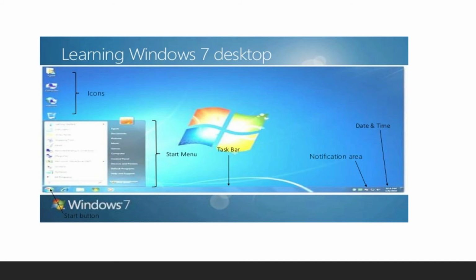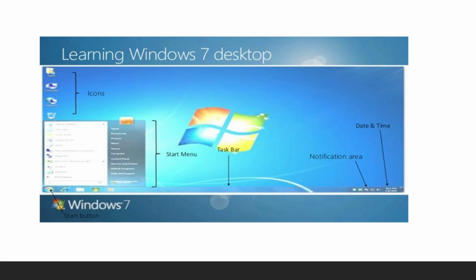The desktop has been derived from the real-life desktop. Suppose on our working table there are several things spread out, and we use each component for a different function. If you want to keep notes, you can take a pencil. If you want to erase, you can use an eraser. That is also a desktop component. You can have a notepad or sticky notes, a calculator, and a file folder. Each item performs a different task, so that's why it has been compared with the desktop. The desktop of Windows serves the same purpose.